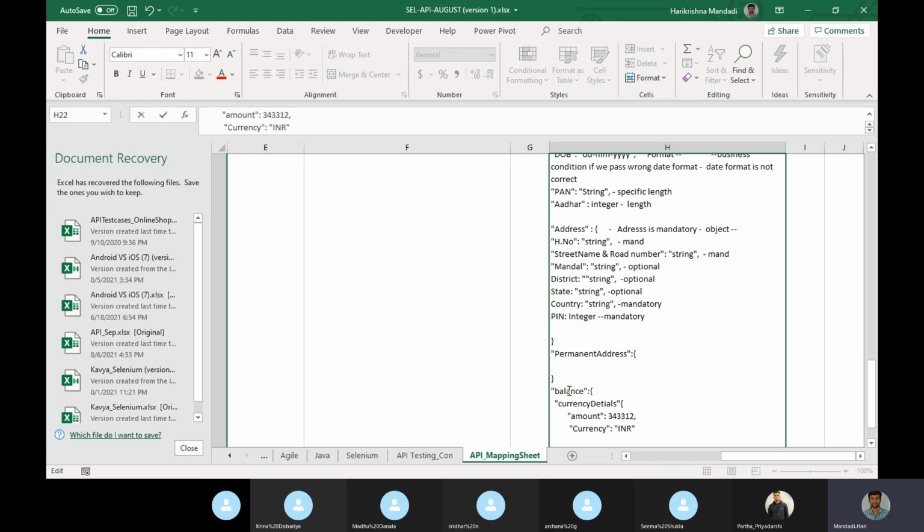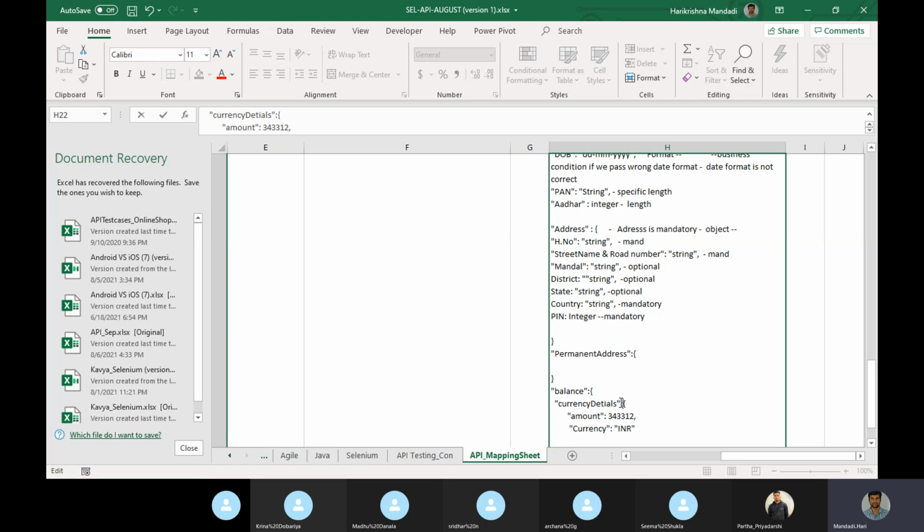So now balance, currency details, amount, currency. Suppose if you see now, however many objects we have, it is like this. But if you see inside it, this is one more object inside it. When it is an object, how will you understand?